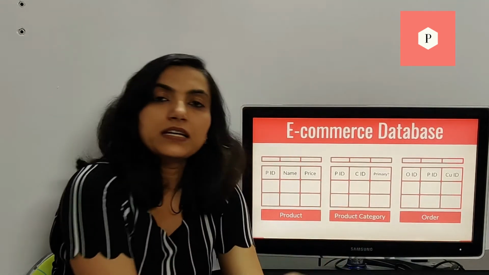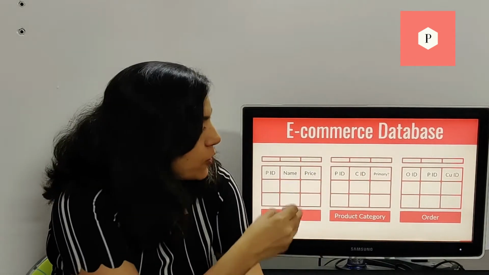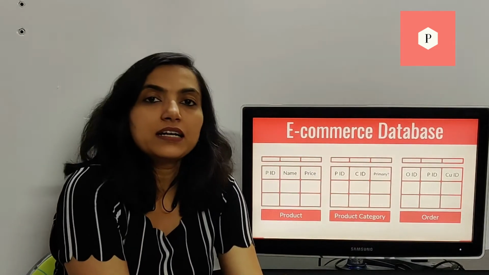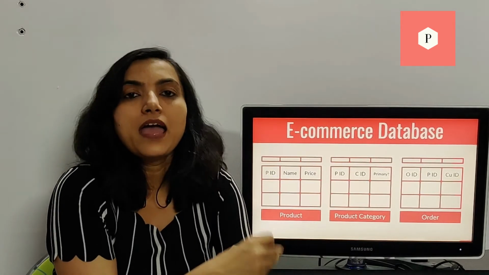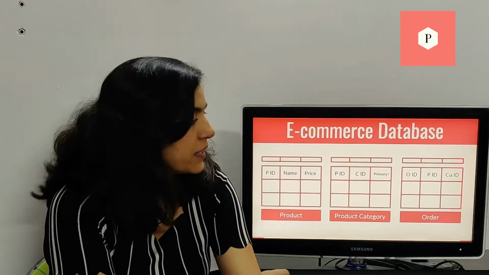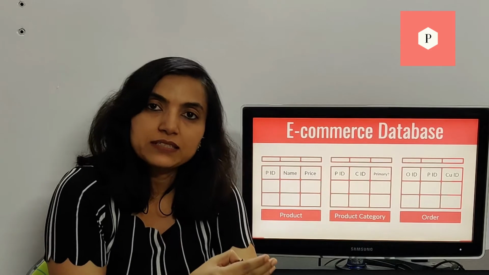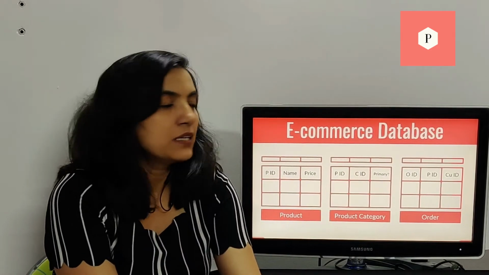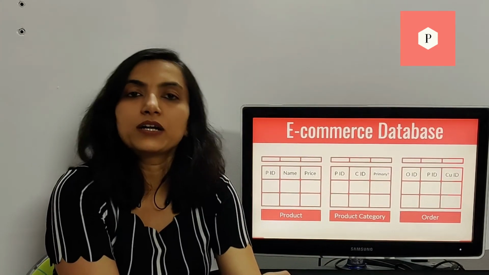Then there is order table. Every time an order is placed, a row is added here. It will have order ID, which product is in the order, represented by product ID, which customer has placed an order, represented by customer ID, and other information about the order, for example, order total, order shipping address, etc. You can imagine another table for customer where there will be customer ID and whatever information we have stored about the customer. So this is what the database of a simple e-commerce product can look like.